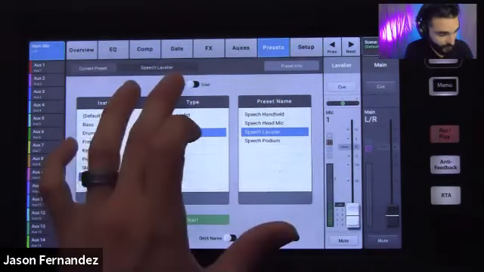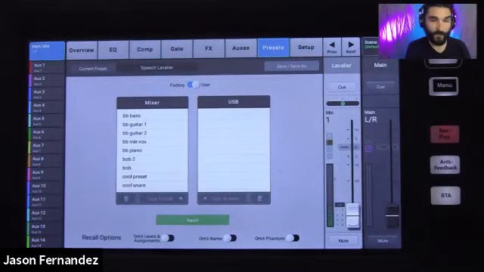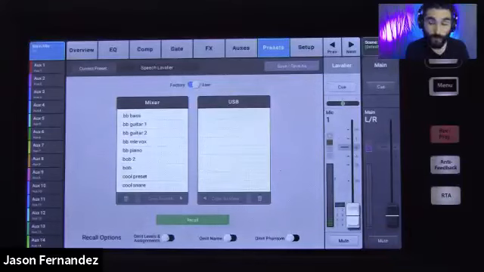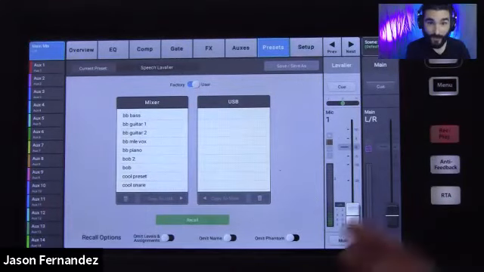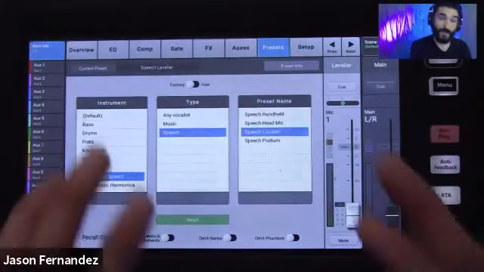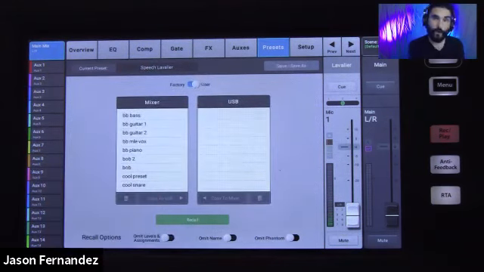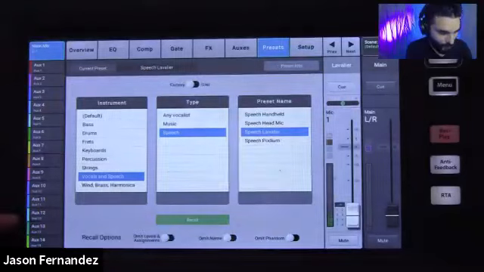In addition, if you ever wanted to save a custom preset, you can do so here by switching the toggle from factory to user, and then you have the ability to save any of your own custom presets. So if you maybe start with one of our presets and then you fine tune it, like I said, it's going to get you at least 80% of the way there. Maybe you feel like you want to tailor it a little bit more, customize it a little bit. You go back and you make some fine adjustments, and you really like what that sounds like. You can come in and you can save that as your own custom preset. So that is very useful as well.